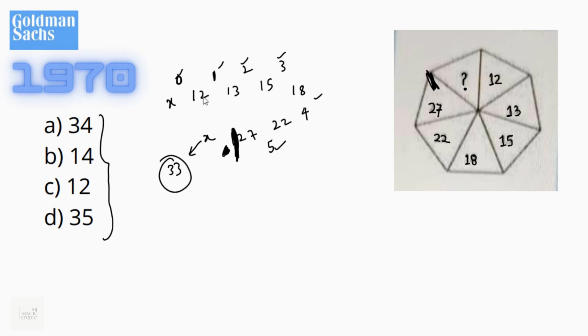Then if difference is 0, then 12 minus 0 is 12. And yes, 12 is there in option C. So if we put 12 here, we can have difference 0, 1, 2, 3, 4, and 5. And here the series stops. So 12 should feature in place of the missing number. Option C fits in.